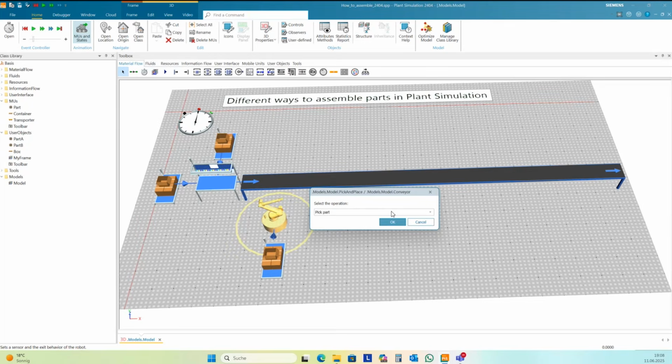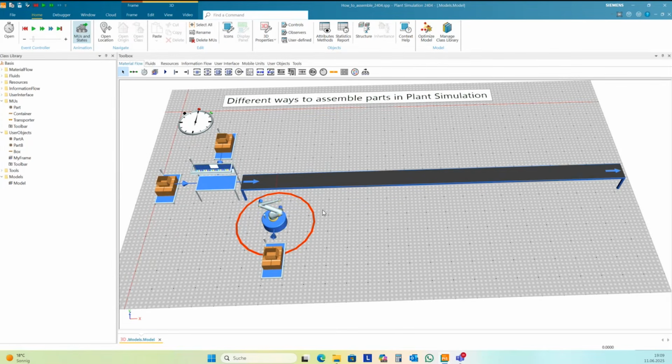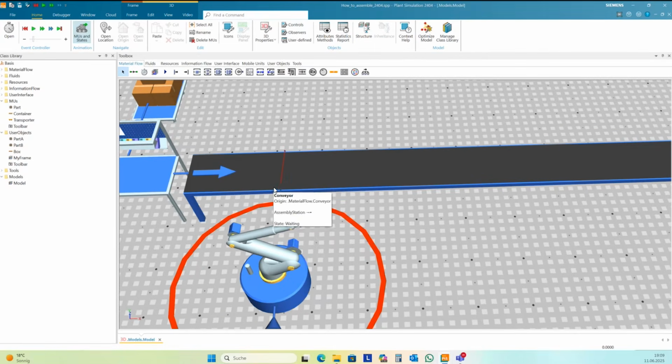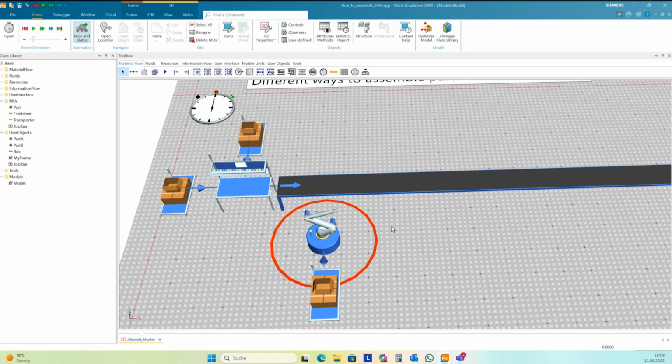Pick part, okay, we don't want to pick a part. I want to load a part onto a container. So you select the operation load part, and Plant Simulation will create a sensor here in this position. And then it works already.